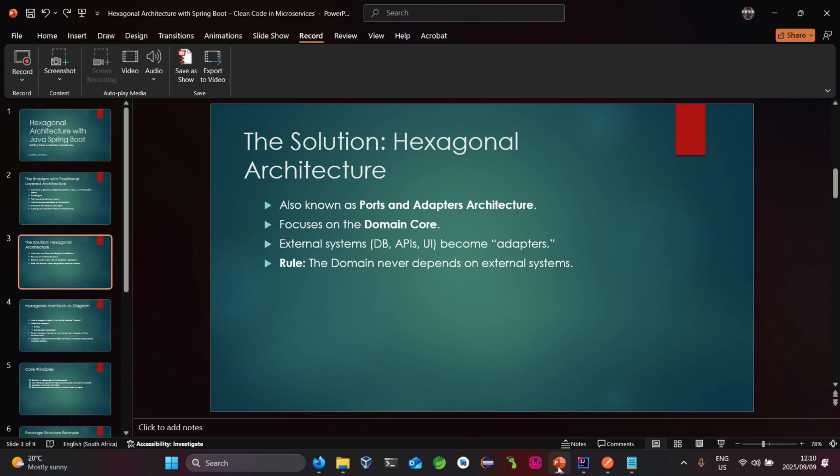Lastly, the domain never depends on external systems, which makes sense in a hexagonal architecture because the domain is always kept separated from external systems. Okay,